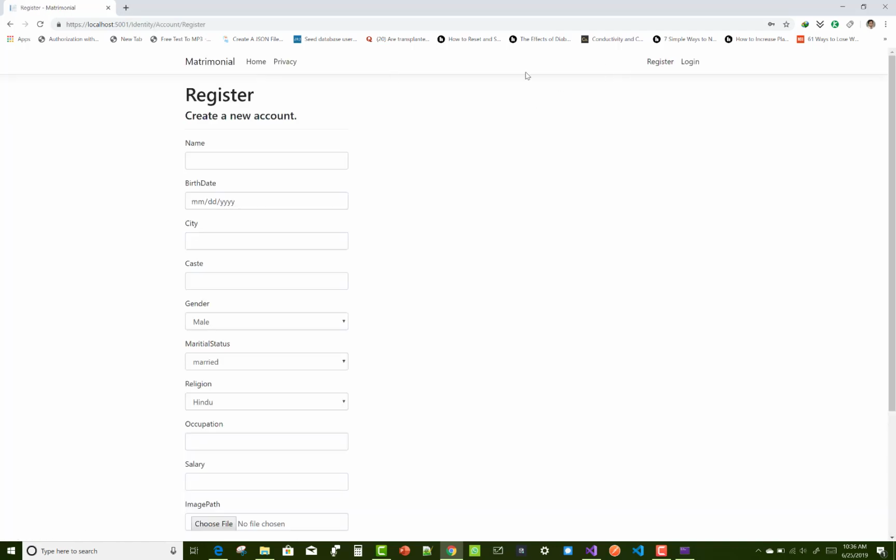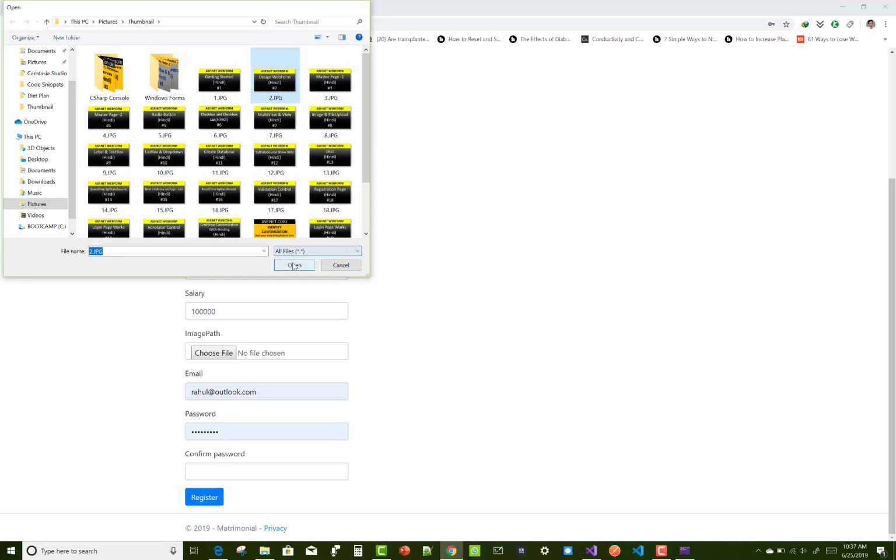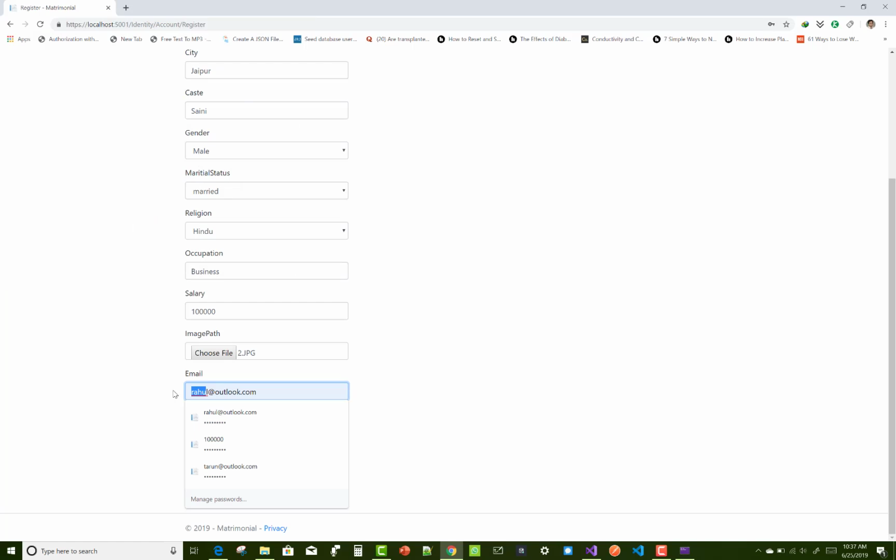Today I am going to show you profile image in ASP.NET Core. So this is the demo project actually, and after that I will design the new project for you to demonstrate how to upload the profile image in ASP.NET Core, and also how to show the profile image in ASP.NET Core applications. So just add, by using the file control, add image, that is 2.jpg, and